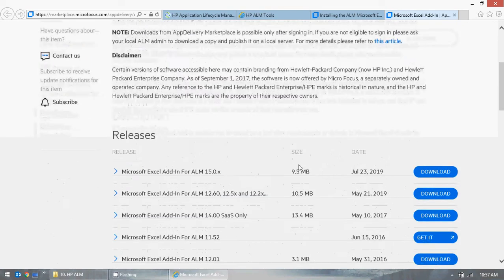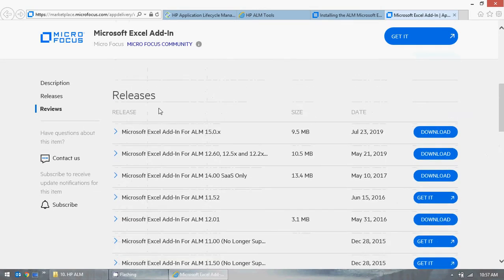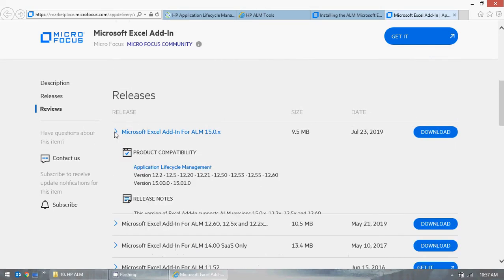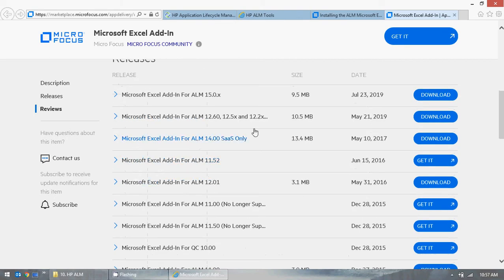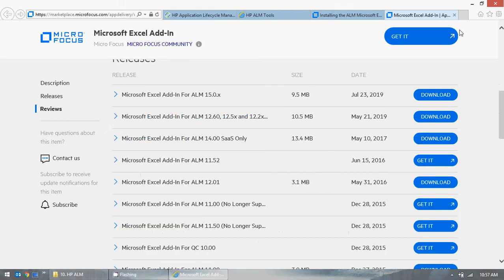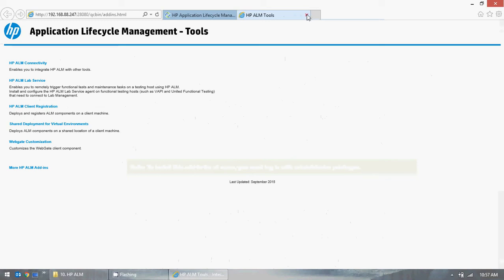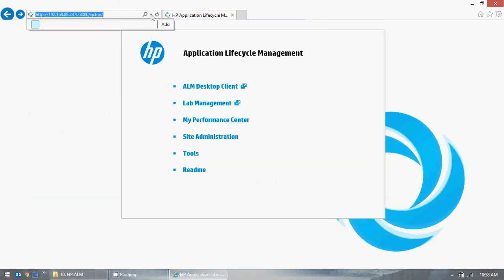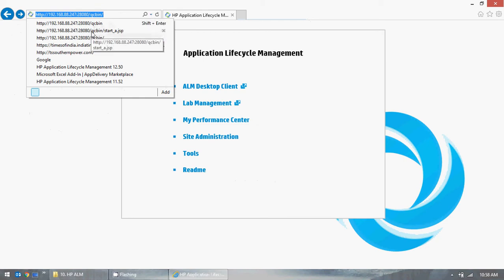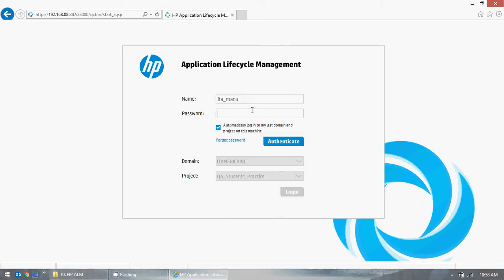So here's the thing. Which one we are using is the question. The version here is 15, but we are not using 15. We are using 12 point. You see here, this is the one. We will go through this again, probably in the next class. How to upload our test cases when you already have test cases written in HPLM and you want to upload them, and we will see how this works for us. Right now we have this HPLM